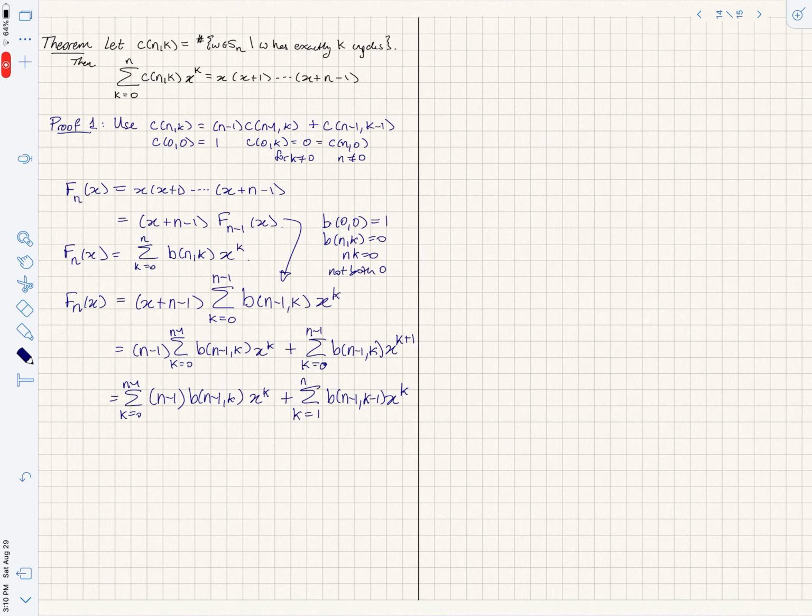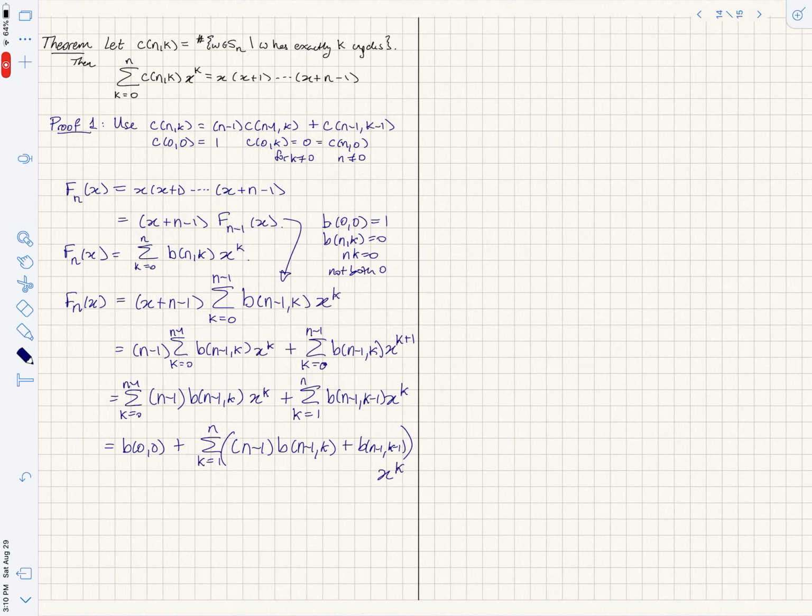And now we can see that combining these terms and then just kicking out the last bits that we need, and comparing with what we had, this is going to give us b(0,0) plus the sum from k equals 1 to n of (n-1) b(n-1,k) plus b(n-1,k-1), and all of that times